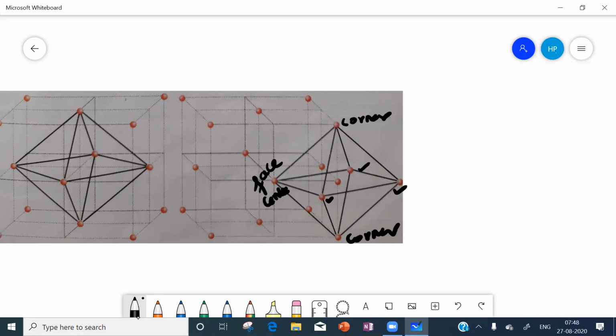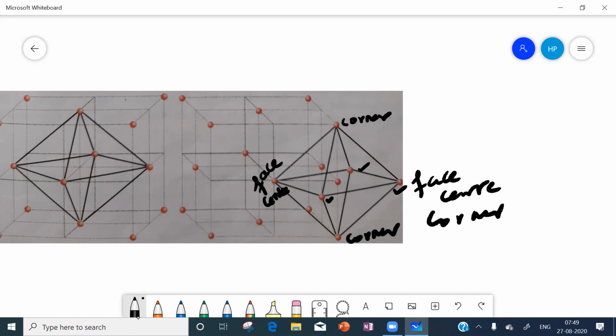Shall we say this is a face center, can we consider? Or shall we say it is a corner? To say this octahedron, we want to know whether it is a corner or a face center. Then only we can say.